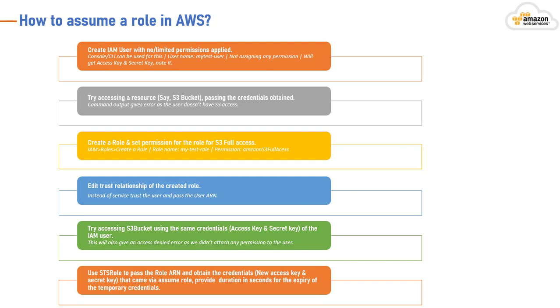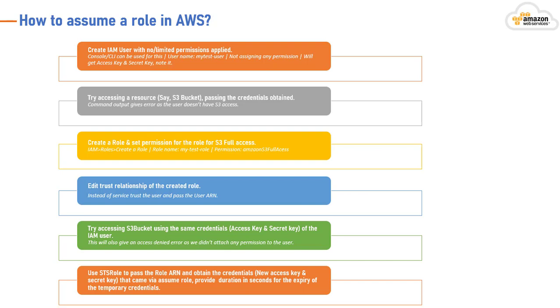In this case, create a role and set permissions for that role for accessing S3. So here, just go to IAM and the roles, then create a role. Say the role name is my test role, then permission is Amazon S3 full access. After creating the role, go to edit trust relationship of the created role, and instead of the service, provide the